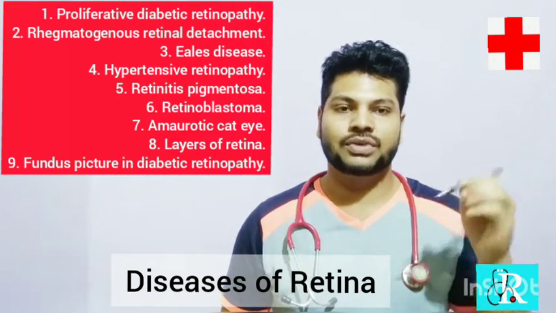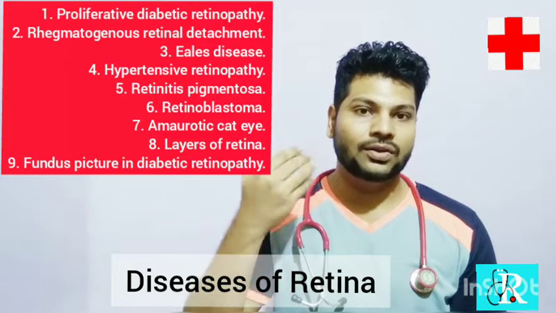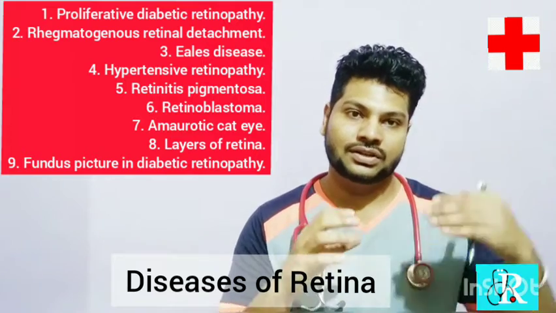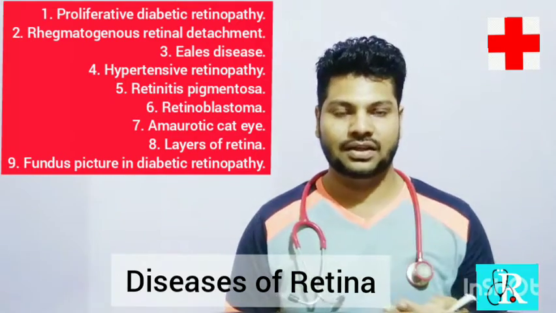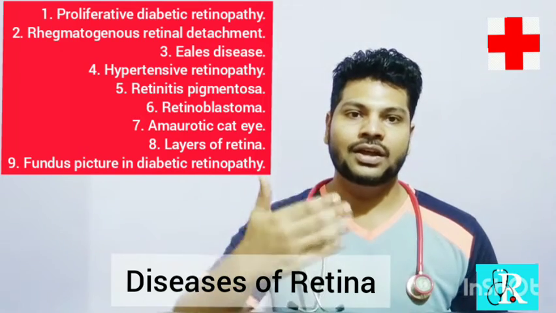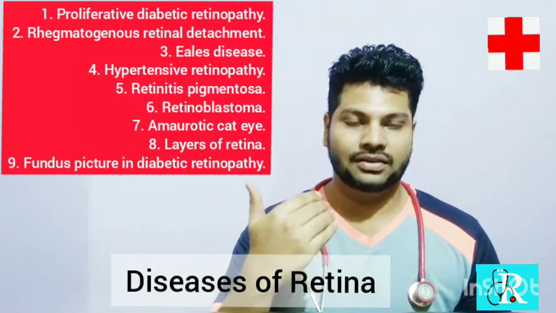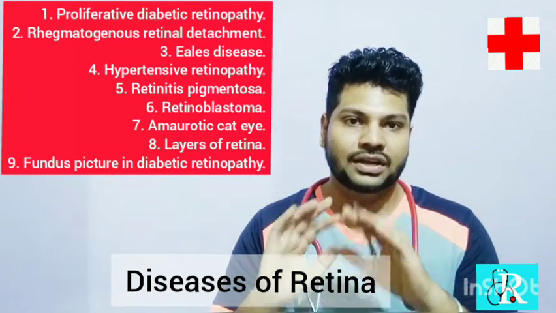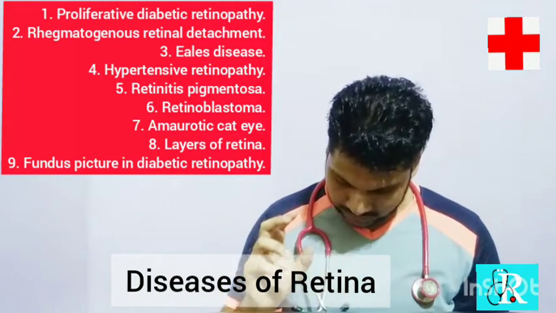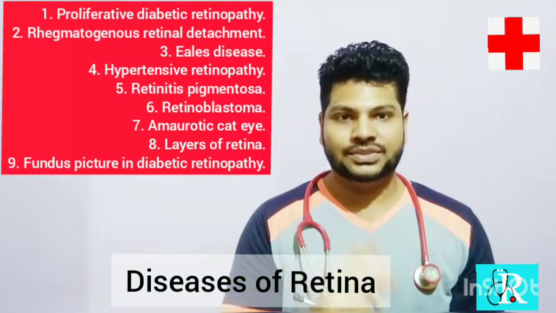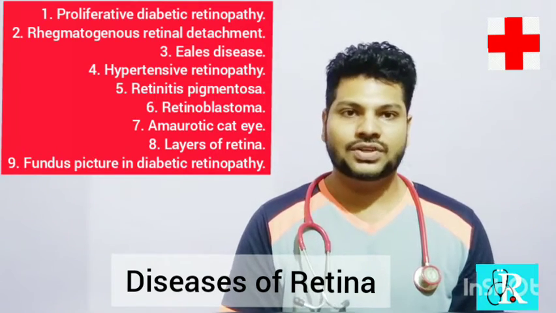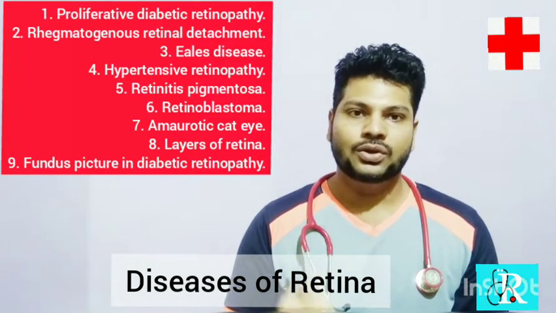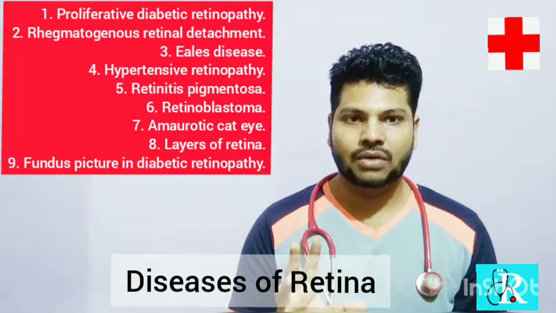Coming back to rhegmatogenous retinal detachment, it is a tearing of the retina, and within that tear the vitreous humor, the jelly-like material behind your lens, rushes into the torn part of the retina and dislodges the retinal layer from the choroid or the other layers. So there is a partial or complete tear of the retina that causes detachment of the retina from the underlying tissue. This is known as rhegmatogenous retinal detachment. How does the ophthalmologist treat this? First of all, buckling of the eye can be done as supportive treatment. Another option is laser surgery. These are the radical options the ophthalmologist uses.